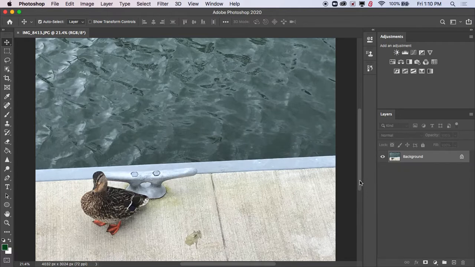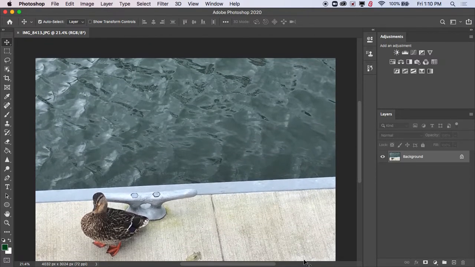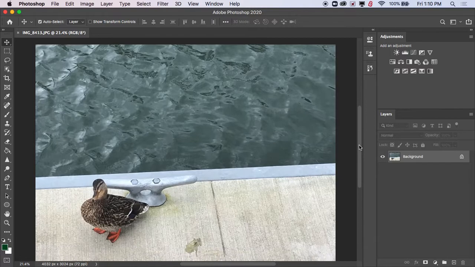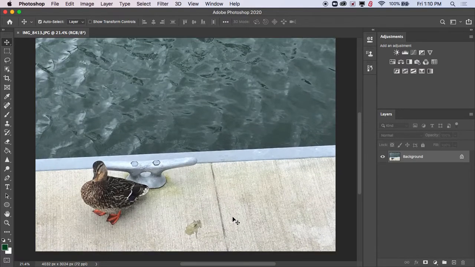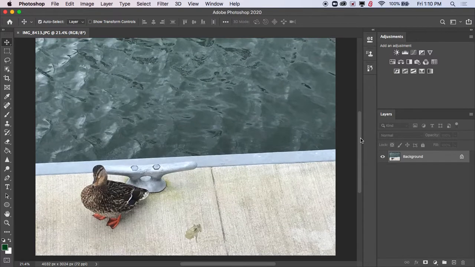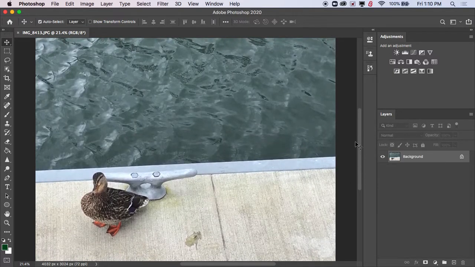If you need to change that up at all, get rid of some things, make sure to do so before you start editing. There is a video as well for setting up your workspace, so if you haven't done that yet, make sure to watch that video. But I have my workspace set up and I have a photo open and I am ready to start editing this one. So one thing to note about